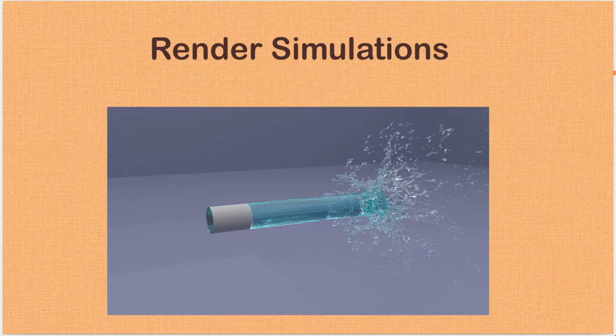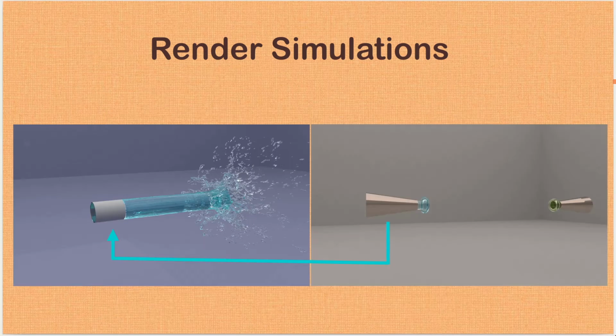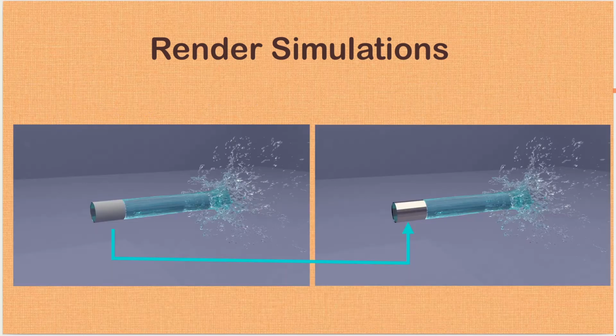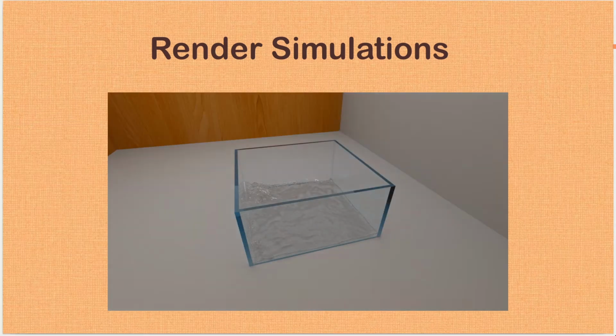Let me elaborate on this. Consider a simulation where liquid is injected from a pipe into a high pressure environment. We wanted to render the inlet pipe differently and wanted to give it a look similar to the one from an image done by another researcher. Provided the scene file is available, all we have to do in this case is to copy the section of the script that defines the material properties of the inlet pipe, and then re-render the scene to get our desired output. As we practice with more and more examples, we can explore several other options.